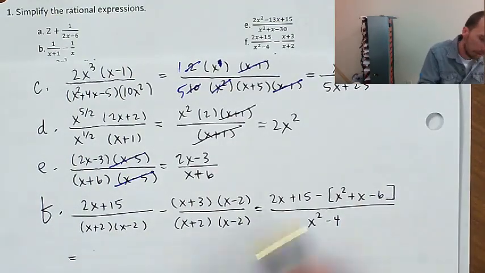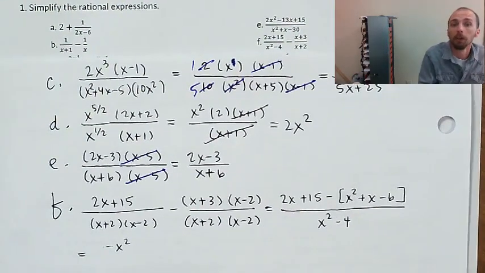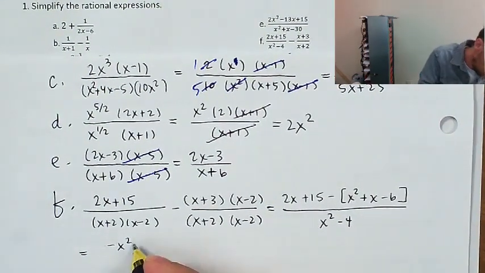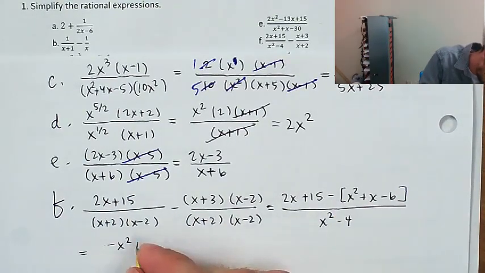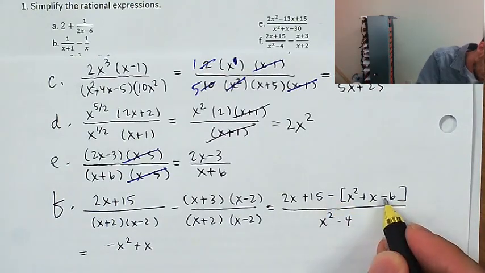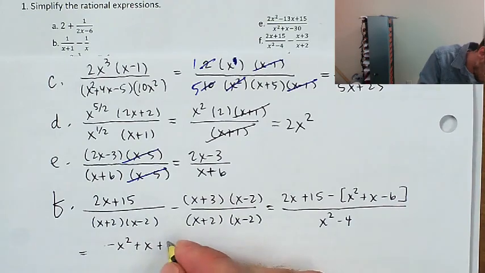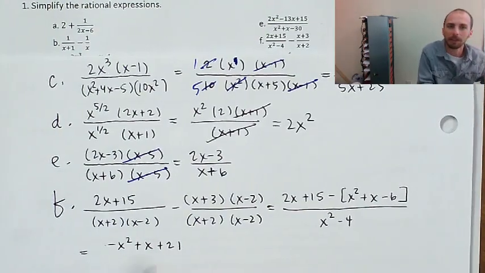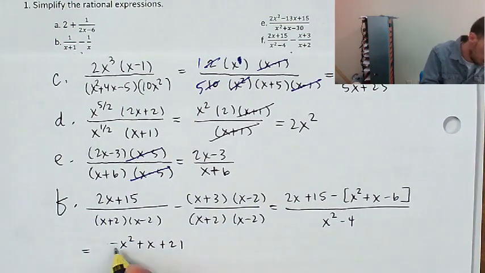And then, with any luck, I'll have something that is factorable, and I'll be able to cancel a little more. So negative x squared, 2x minus an x is plus x. 15 minus negative 6 is positive 21. I don't think that's going to be factorable. I don't know of any factors of 7 that add to negative 1, if I factor out the negative. So I'm just going to leave that